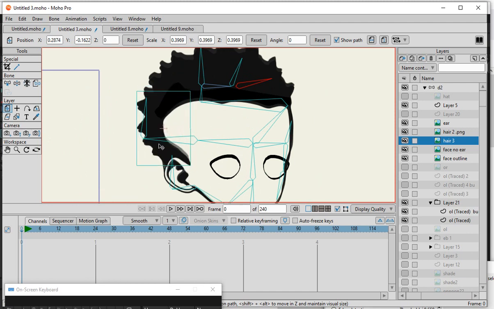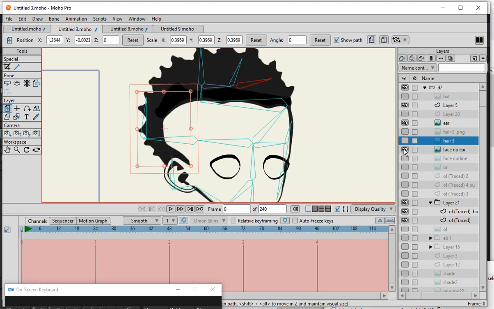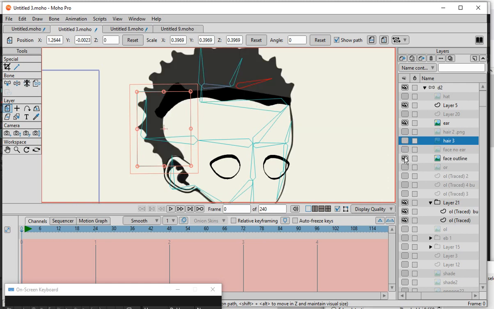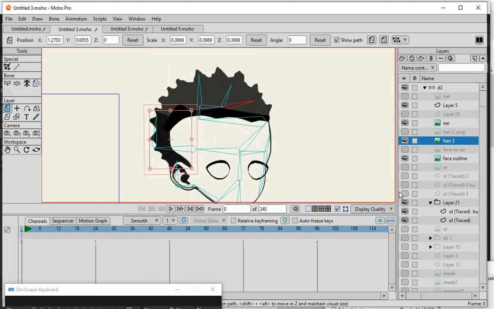Because I wasn't going to use this front piece. Move some of these out of the way. That fit better than the other one. Alright, so,